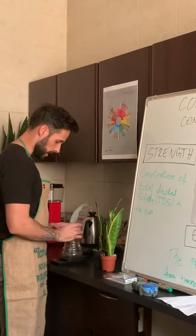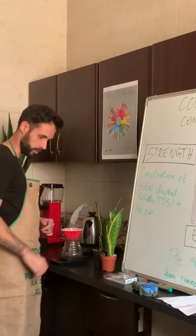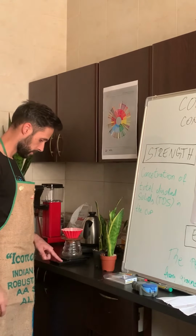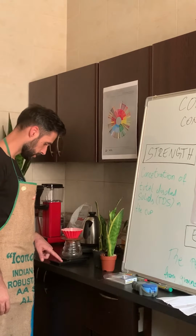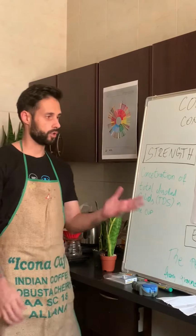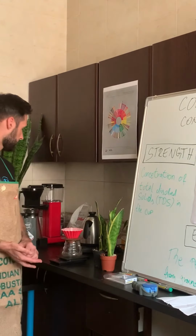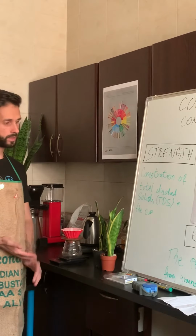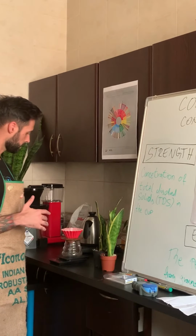Okay guys, now I will make one brew quickly by using my Origami dripper. I will just make randomly one brew and we will do a testing. I will show you how it needs to be done, and let's see which result we will get. And later on I will explain